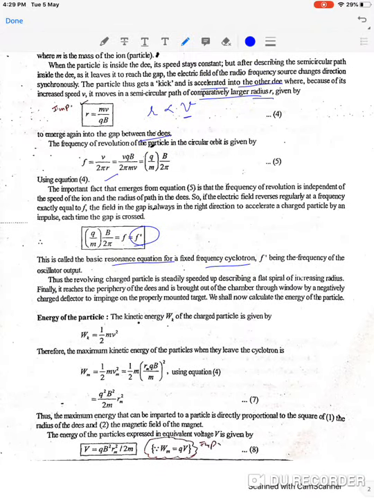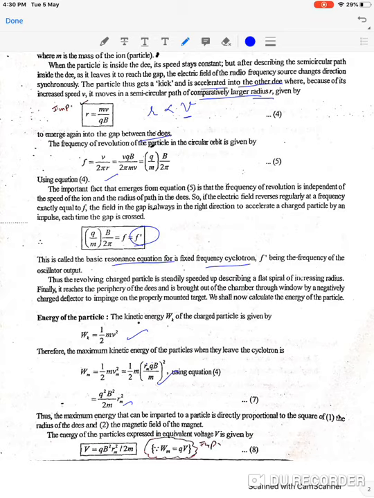So what will be the energy of this particle? The kinetic energy of the particle, non-relativistically, is equal to half mv squared. Therefore the maximum kinetic energy of the particle when it leaves the cyclotron is, we can put the value of v into this. So this is the value of v. For the maximum velocity, you need to put the maximum radius as well. Okay, so the kinetic energy comes out to be q squared B squared upon 2m into r_m squared, where r_m is the maximum radius